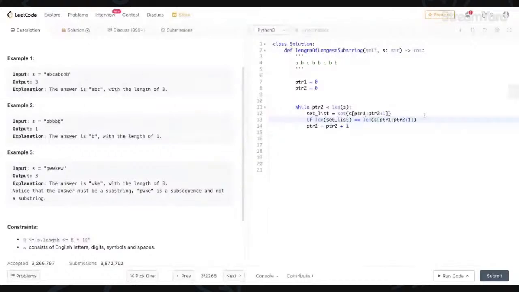Let's make it 1. If it is equal, then that means there are no repeating characters and we can just increment PTR. Else, if there are repeating characters, we have to figure out where the repeating character is also. So we find the position of the character basically,